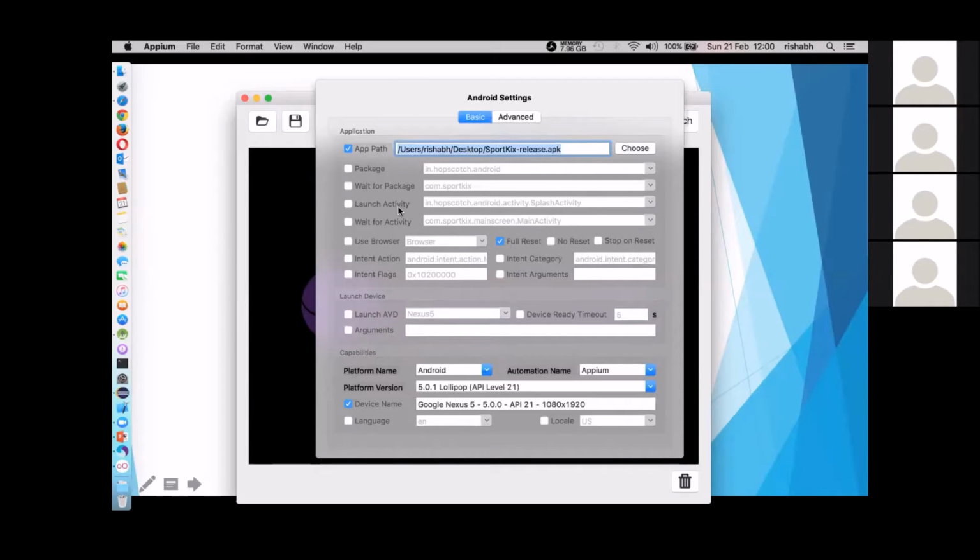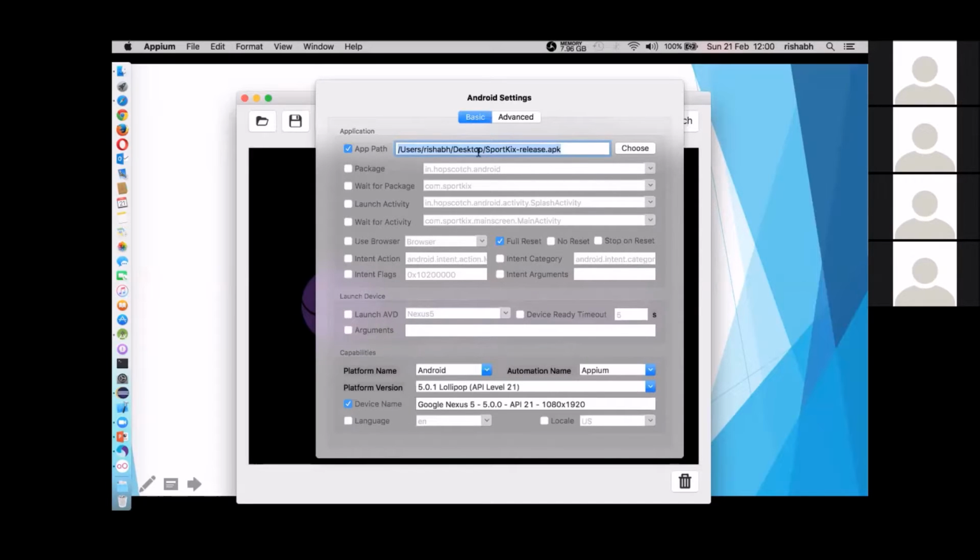You might have heard about activity in Android, and activity is nothing but the screen which you see. Whatever screen you are seeing currently, it's an activity, right? Your Facebook login page, or your Facebook home page, or your contacts home page, or whatever you see on your Android device, it's an activity, right?